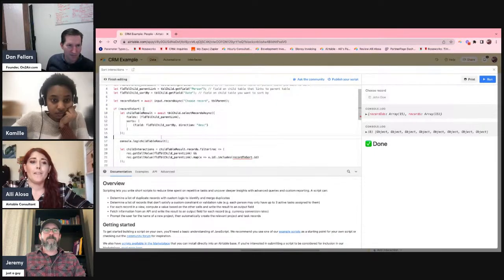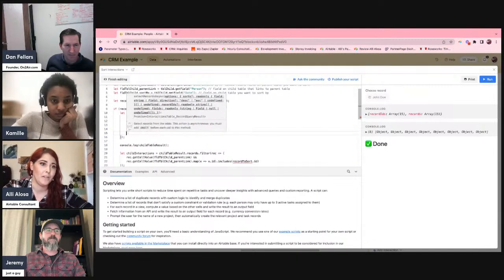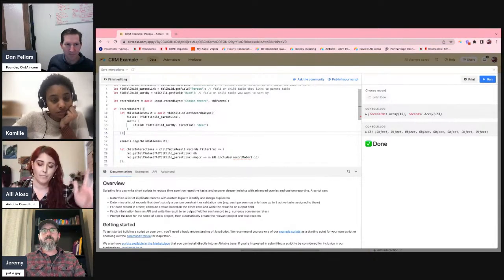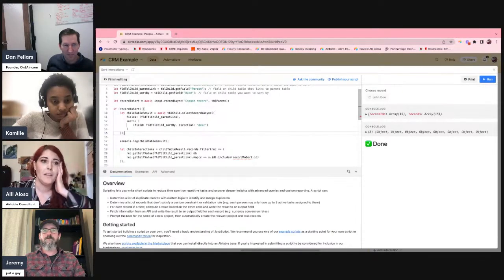If you know for a fact that you're going to have less than, I believe it's 100 linked records per record, you could just put the record IDs as a parameter into this step here to limit it so you don't have to suck up everything and then filter through. But I wrote it assuming that people might have more than 100 records to sort through.